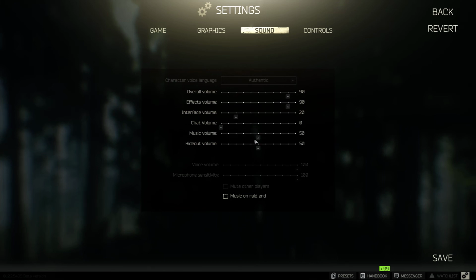So you just want to come over here and turn your music volume down to 0. Or you can have it at 10 or 20, but I keep mine at 0 because I've heard the music 5 million times and I'm honestly kind of sick of it. And once you get more familiar with the game, you can change all of these as you go. But the first time I logged into the game, my eardrums were blasted out of my head, and so the first thing I went and did was